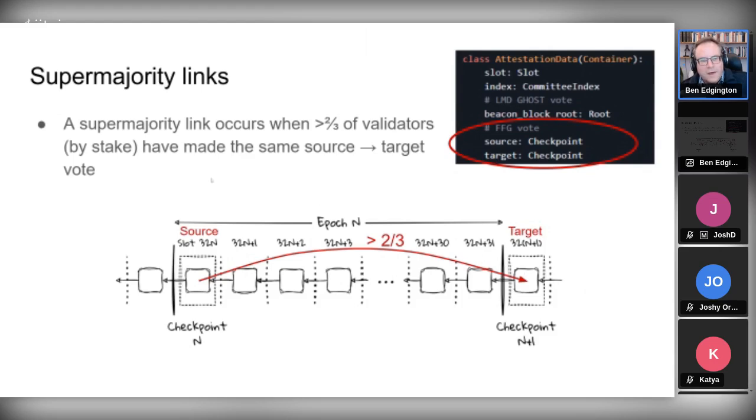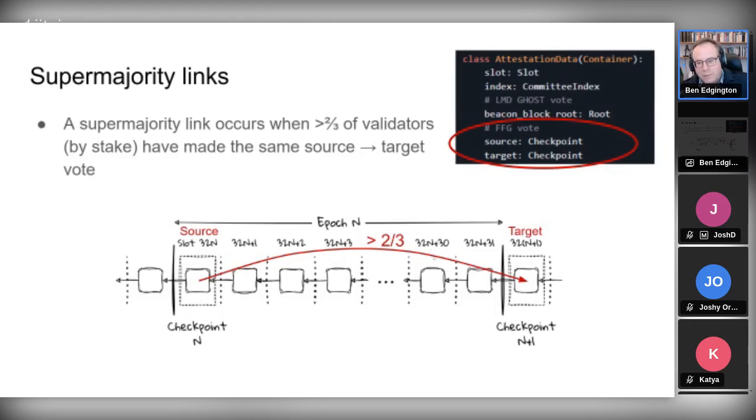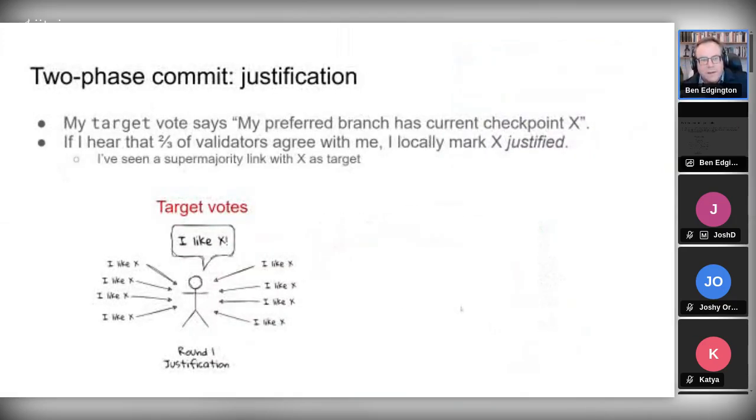And if I see more than 2/3 of validators by stake weight making the same source target vote, then I have what's called a supermajority link. So a vote is a link between source and target, and a supermajority link is when more than 2/3 of validators have made the same vote for that. So this gives us this sort of two-phase commit, and this is a bit tricky, and I go into it in much more detail in the book, and we haven't got time really to go into a lot of detail,